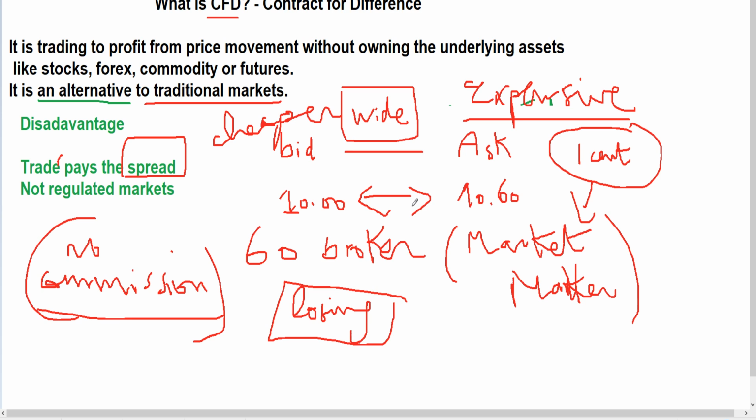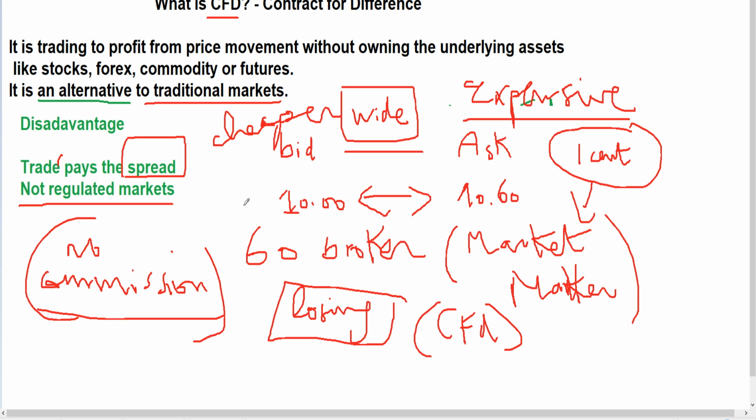The second thing I want to tell you is not regulated markets. Understand that when we say not regulated markets, it means since there is no real thing, because all this CFD is not real. It has a value, yes, but it is not real. You don't own anything. It is just a copy of the market with other rules. It's just like an alternative. It means a copy of the traditional markets. When you own, for example, a CFD in Facebook, you don't own anything. Okay?